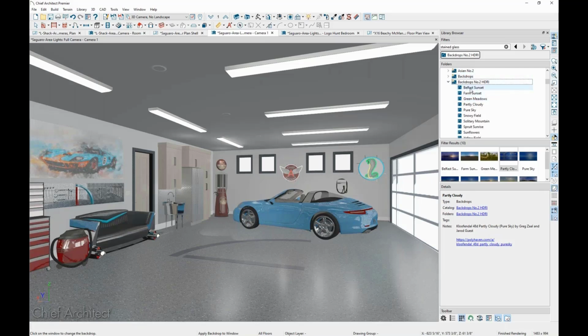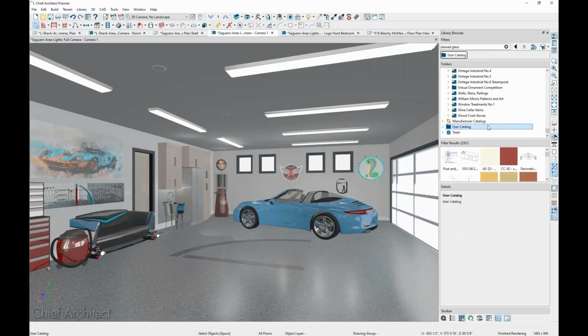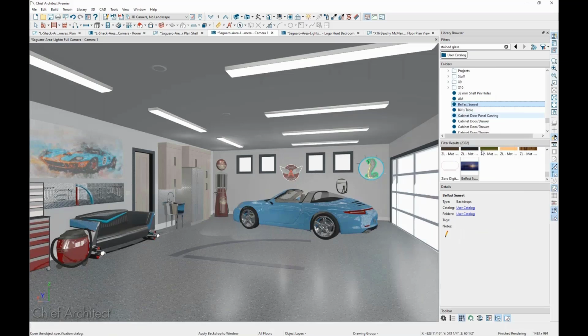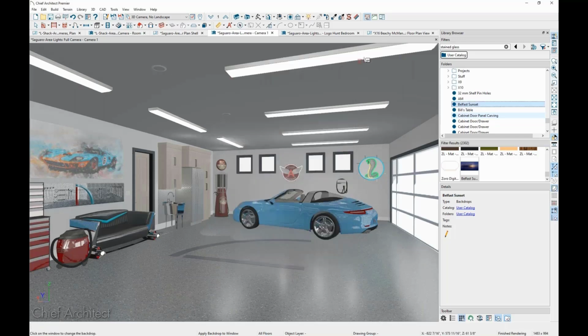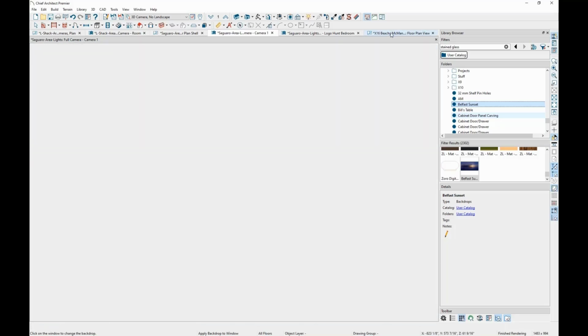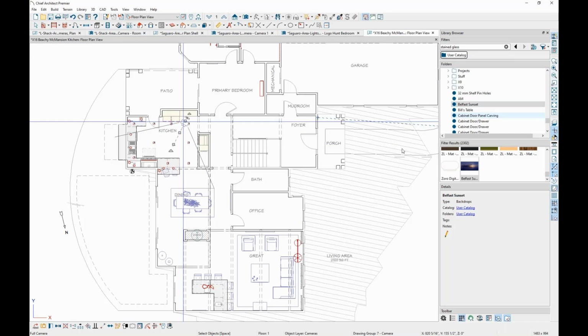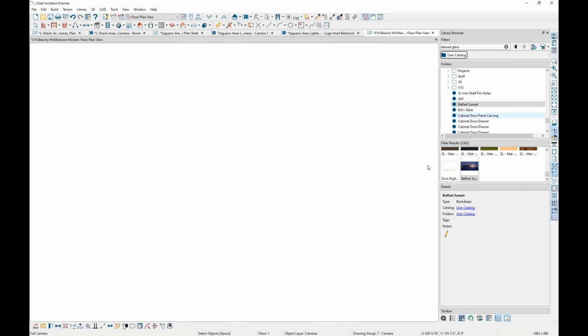Let me make a copy of this and go into those settings for you. HDRI images are generally always 360. If you download those and import them, you'll find available this option to choose spherical backdrops, which can be turned on, and then you have controls for the orientation there. You can also do a poor man's version. Let's open this scene again, where you can take any backdrop, any flat photo that you have,